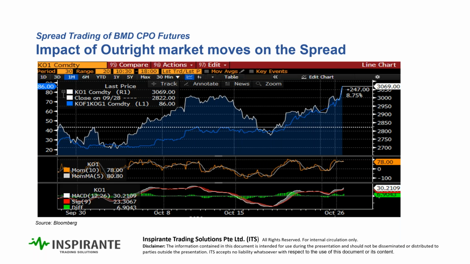It also depends on where you are on the curve. What I mean is this: if I was talking about, let's say, May-June spread, it would probably be a lot less trendy versus if I was talking about a Jan-February spread. The reason why I'm saying this, now if you look at the chart, we basically draw this over the month